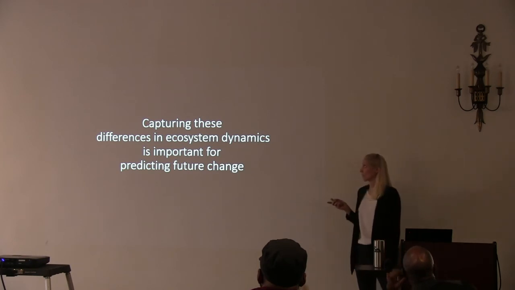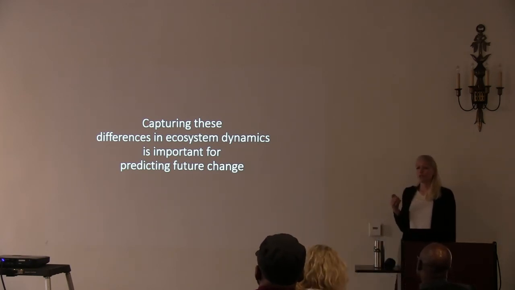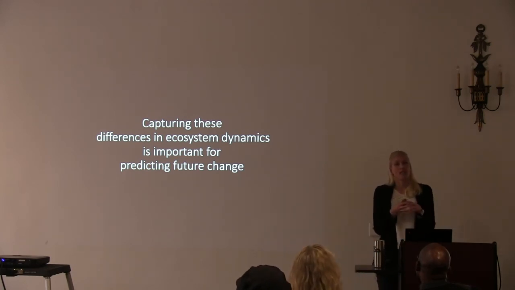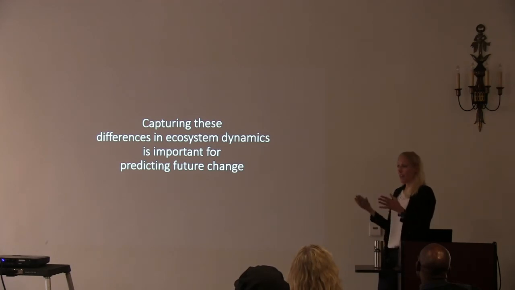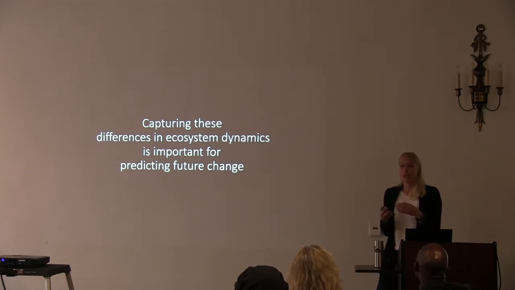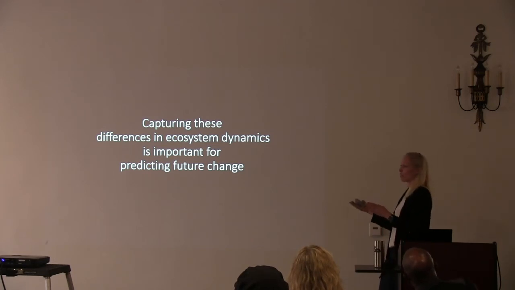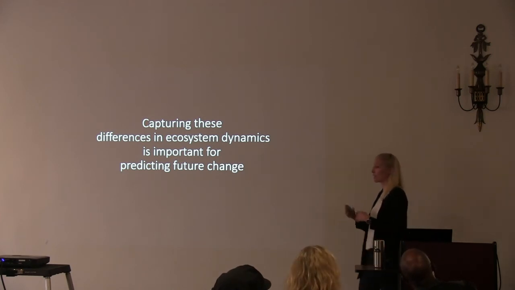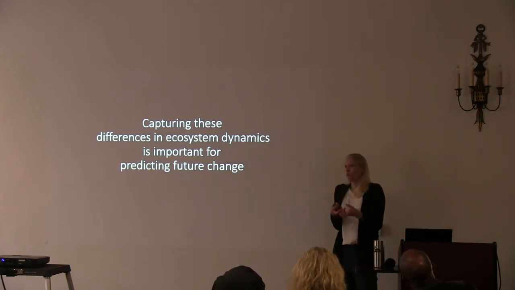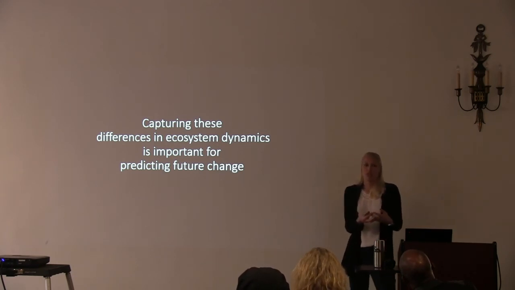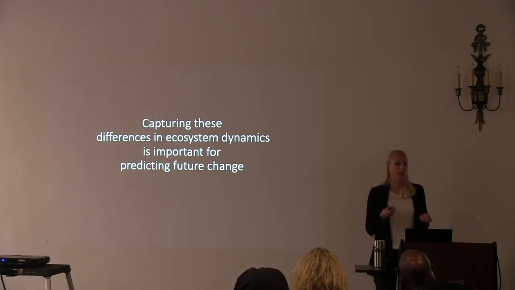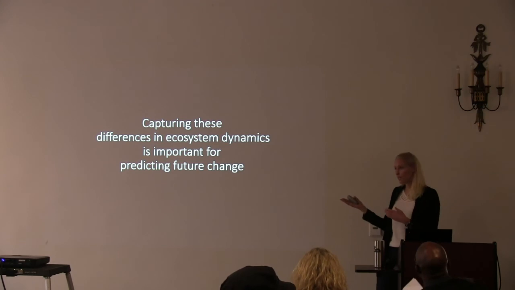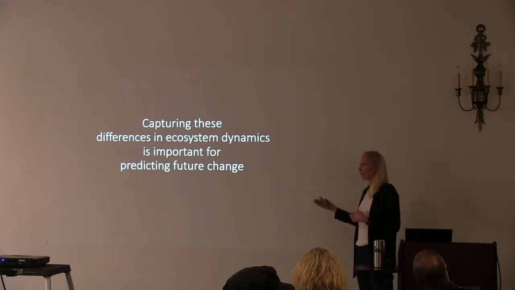And I just want to point out really quickly that capturing this heterogeneity is really important. There was a paper that came out last year that showed that a lot of models are not accounting for things like phosphorus limitation. And if we don't do that compared to models that do, we could be overestimating how much these systems are able to store in terms of above ground biomass by as much as 50%. That was just one study looking at the central Amazon, but there's a huge amount of potential components to how these vegetation dynamics could change in the future that we might be over or underestimating or completely missing the mark on if we're not accounting for a lot of these differences.